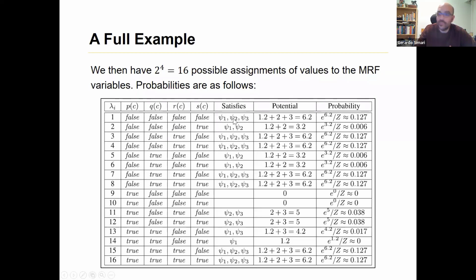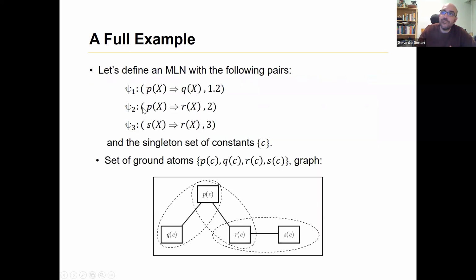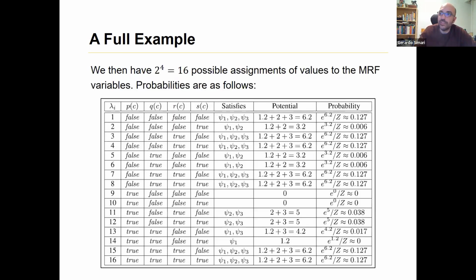In this case, it's all of them. Why? Because if I have false in the antecedent of an implication, the formula is always true. That's just a consequence of the way it's defined in logic. So in this case, they're all satisfied. Why do I drop 3 here? Because